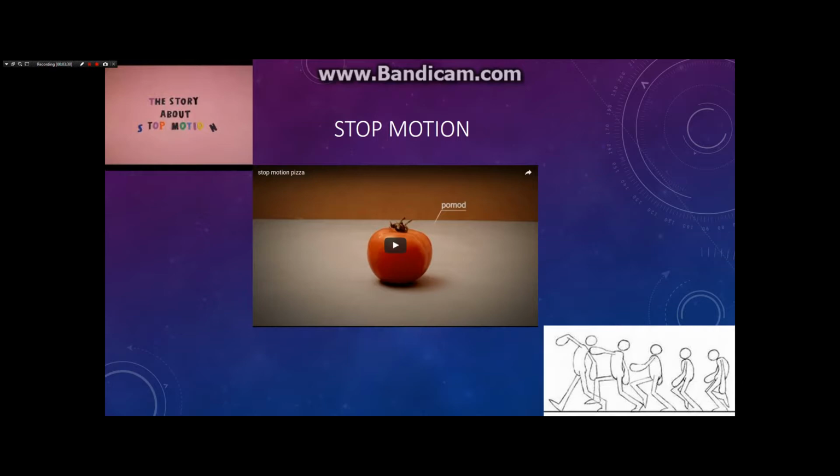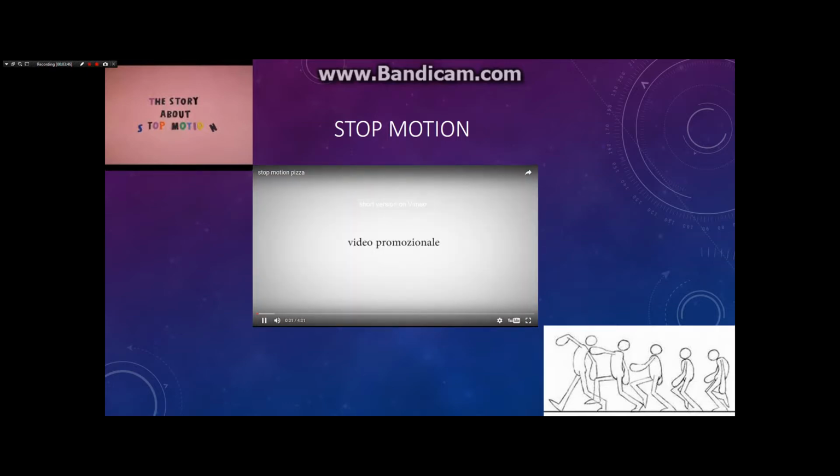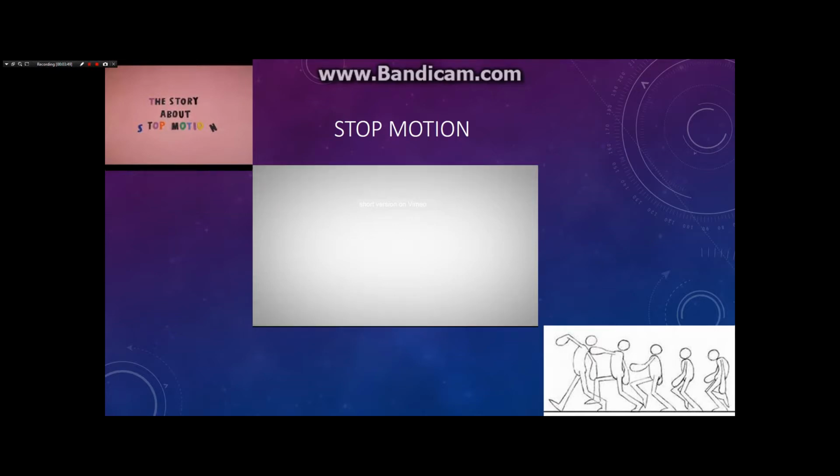It was created in 1898 by Albert E. Smith and J. Stewart Blackton, and it was a technique. Also, the rotoscope was the first device to utilize stop motion too, which we just saw earlier. And this is pizza making. I'm not going to show the whole thing, but I'm just going